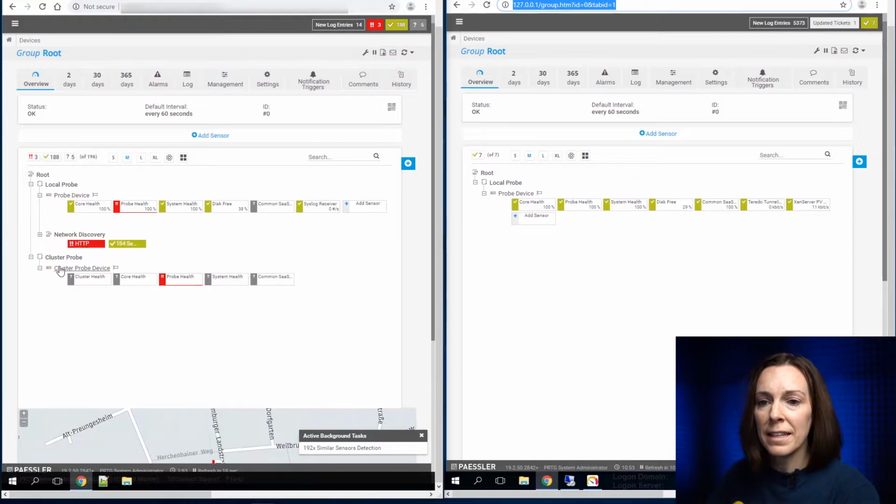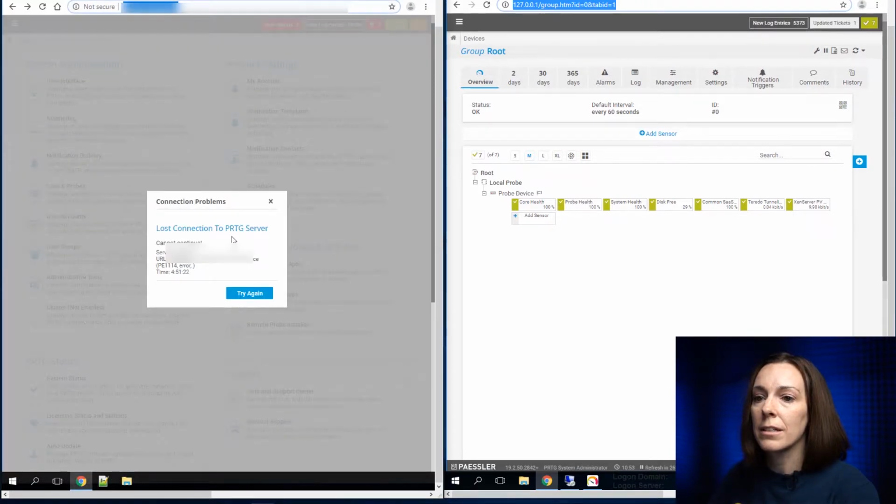Okay, so now you can see that there is a cluster probe in here and a cluster probe device as well. So it takes a few minutes for everything to get connected and refreshed and get started. So what we're going to do now, let's take a look at